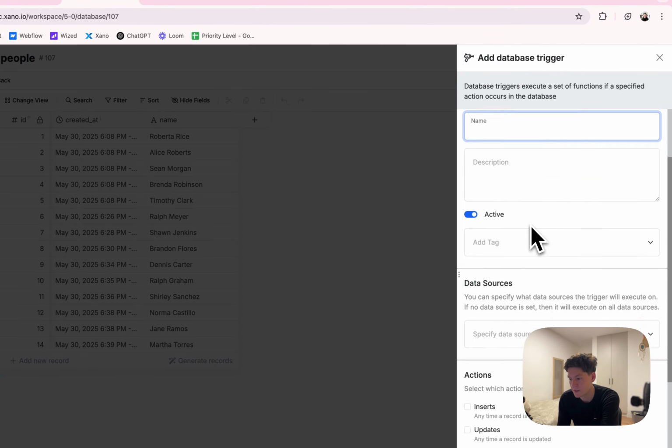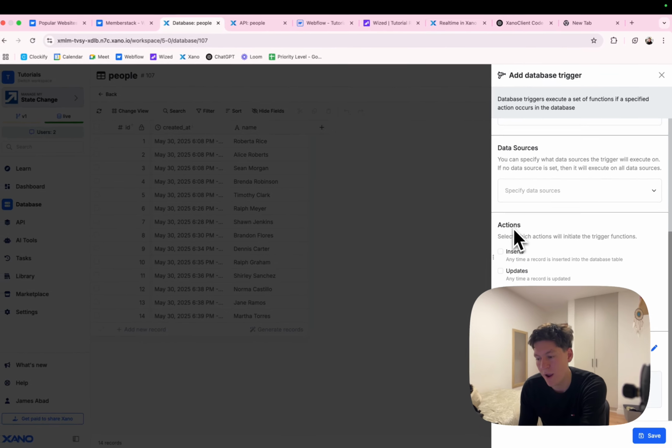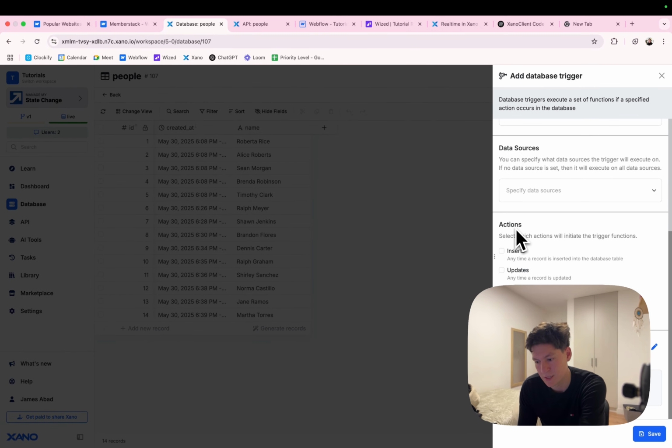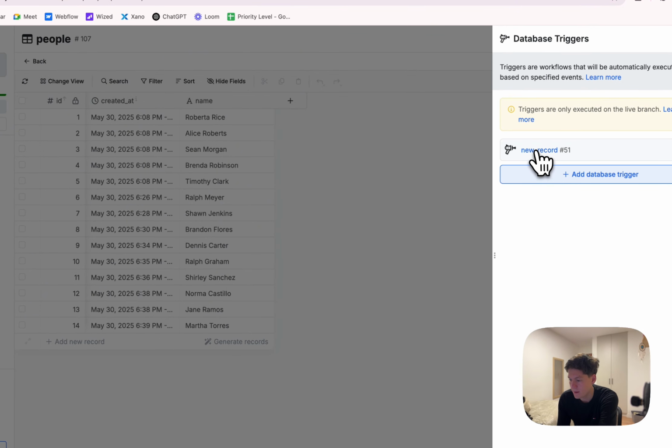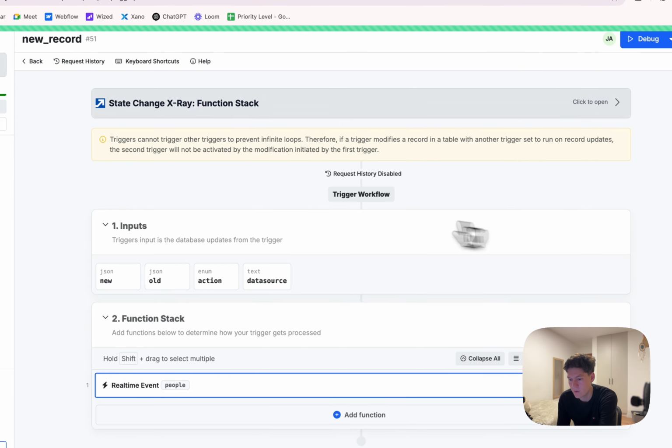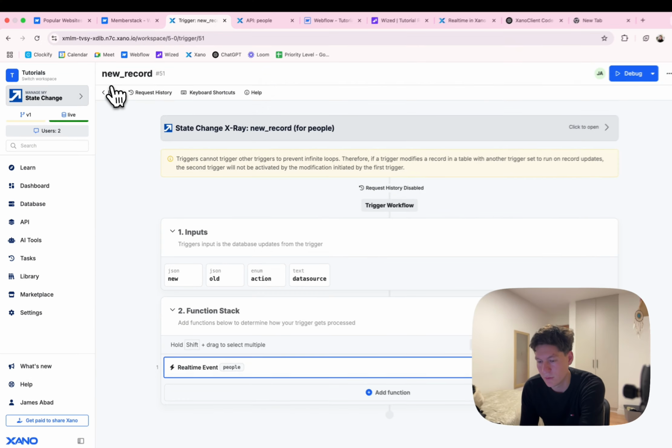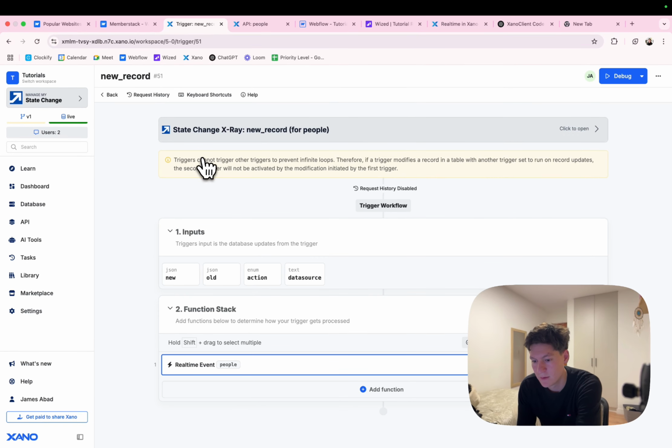you add a new database trigger and you can select when we should trigger this. Whenever there's a new item, whenever there's an update, and that makes sense. Also, you should have the option to update items and also add records. So I think even the delete, like these three, you should have them enabled so you can create the actions. Once you have that, we have here the new record,